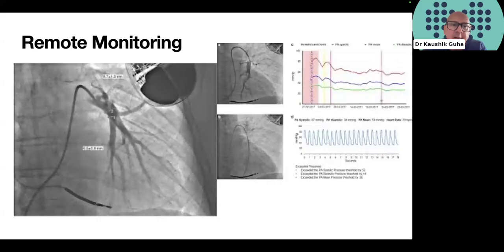Coincidentally, you can see that this patient already has a defibrillator in situ, and the patient then lies on a transmitter, which the company hate us calling a pillow, but is a special transmitter designed to look like a sculpted pillow. It generates signals which are accessed via secure databases and websites into the signal you can see on the far right, where you get a mean, median, systolic and diastolic pulmonary artery pressure.